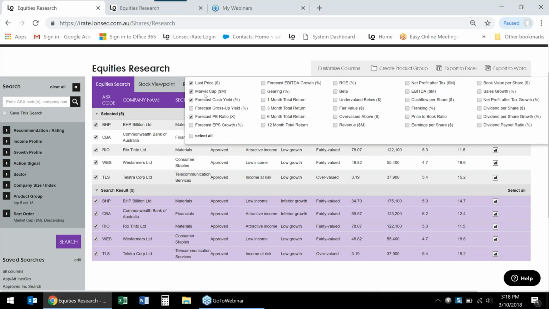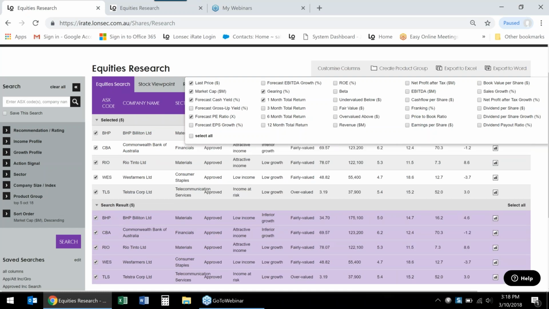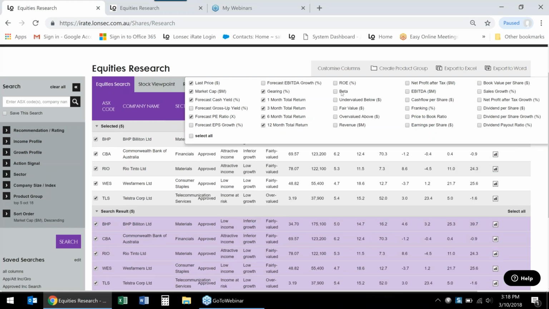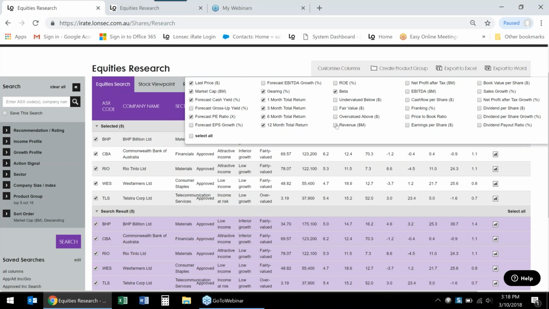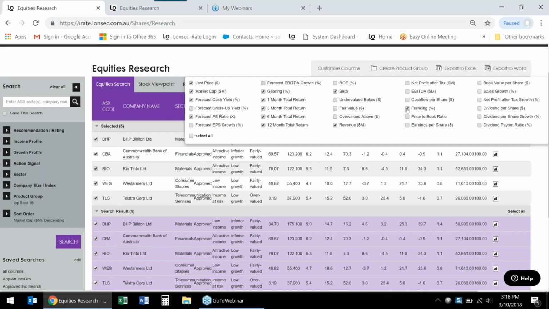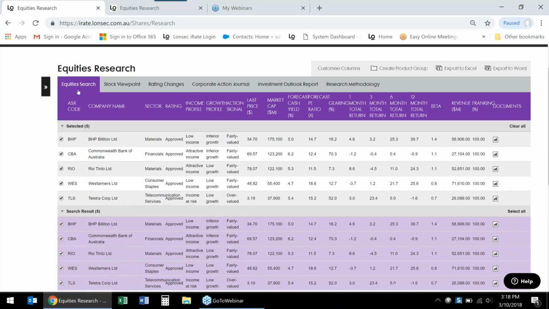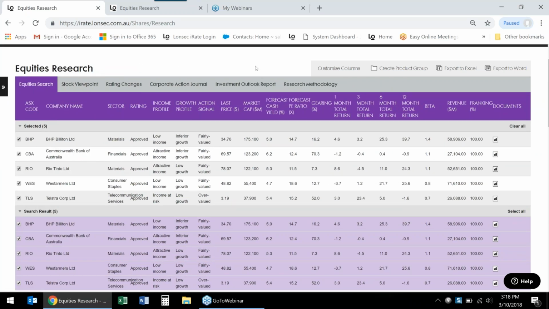So these are obviously default: your last price, market cap, and these 2 forecasts. I now want to add in, let's put in some gearing, some returns, so 1, 3, 6, and 12, some beta, revenue, and franking. Just click off that screen. Push these arrows back as well, just to make it a little bit clearer.